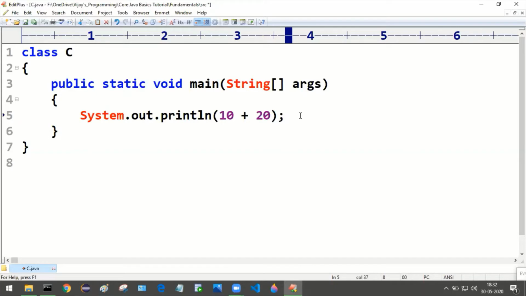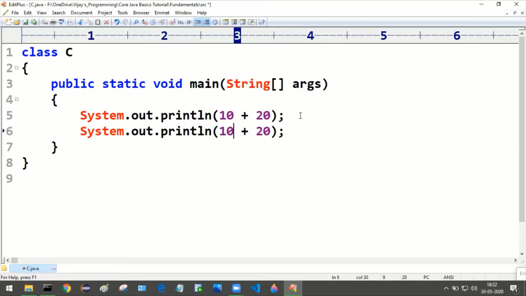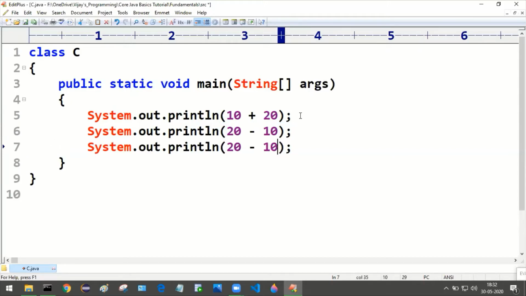Now the second operation, 20 minus 10. Third operation, 10 asterisk, this is the multiplication symbol.